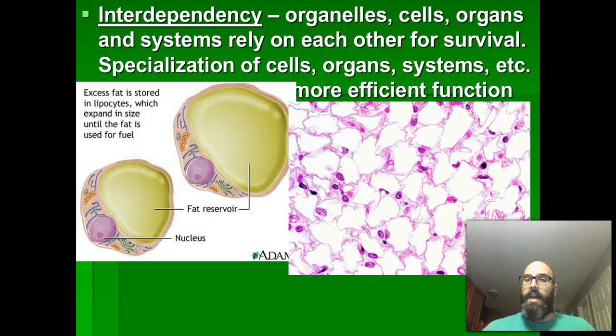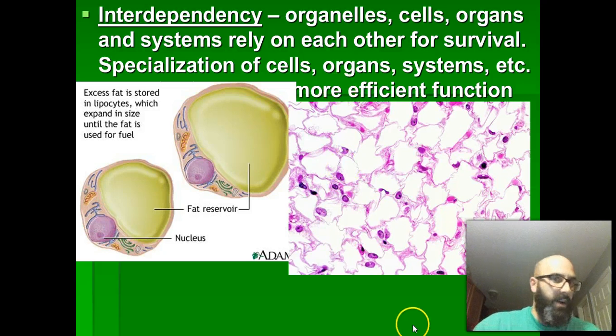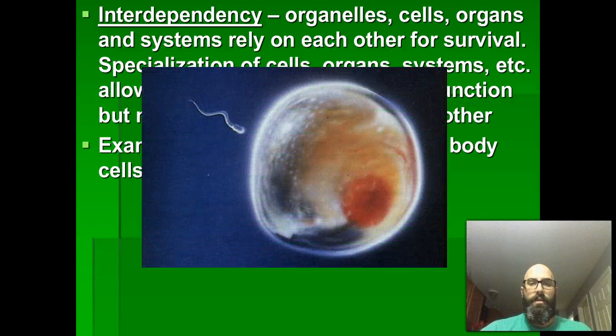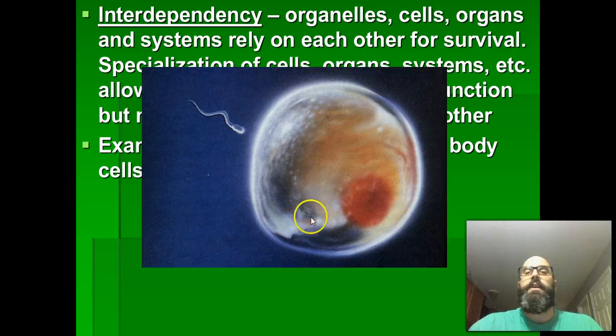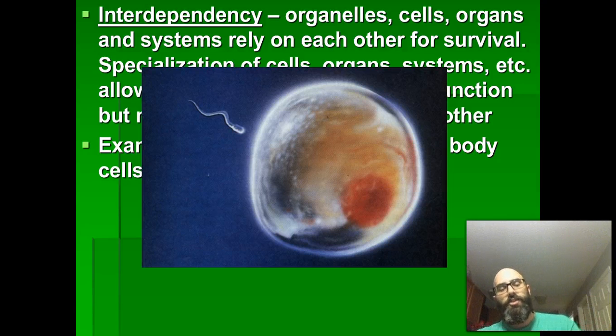These are adipose cells, or fat cells. Again, they look completely different. Here's all the fat reservoir, and here's all the cellular functions. So their job is to store, process, and use fat for fuel. You have a sperm and you have an egg. Even the two within themselves are completely different. Look at how much bigger an ovum is than a sperm cell. On top of that, they serve two separate functions, and their function is related to their shape. A tail, for locomotion. A large egg containing all the nutrients and things necessary to cause rapid division and fertilization and the incorporation of foreign DNA.